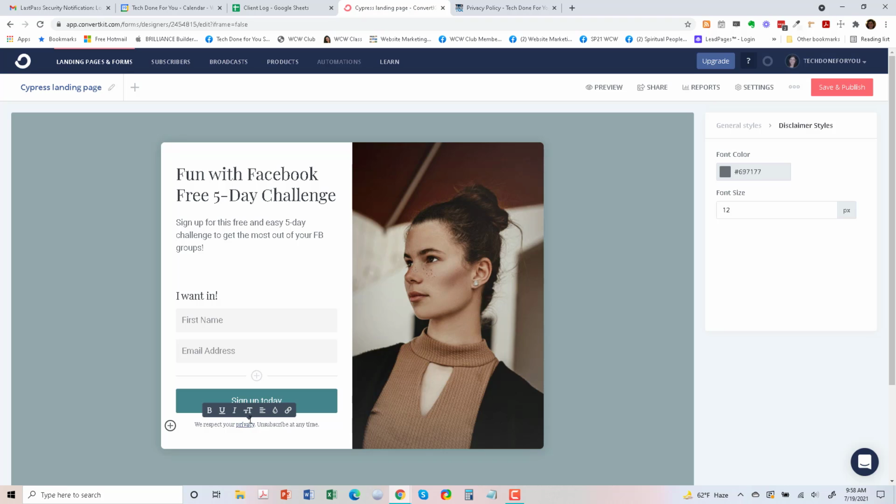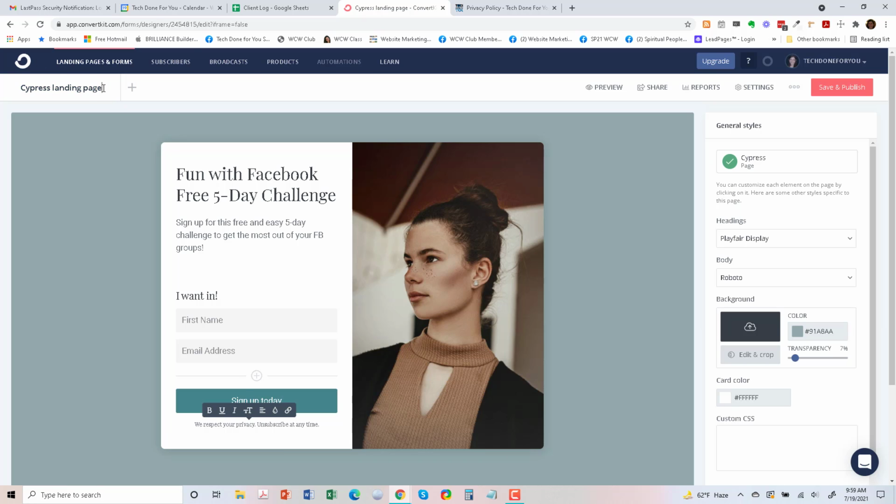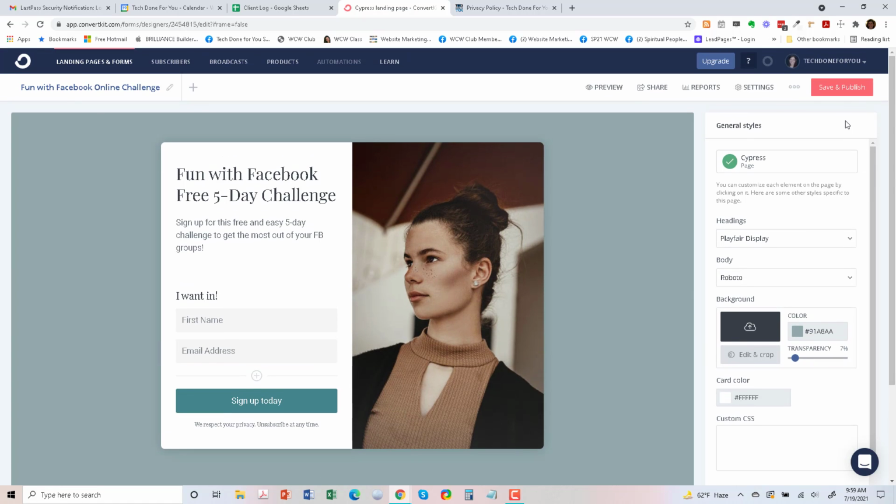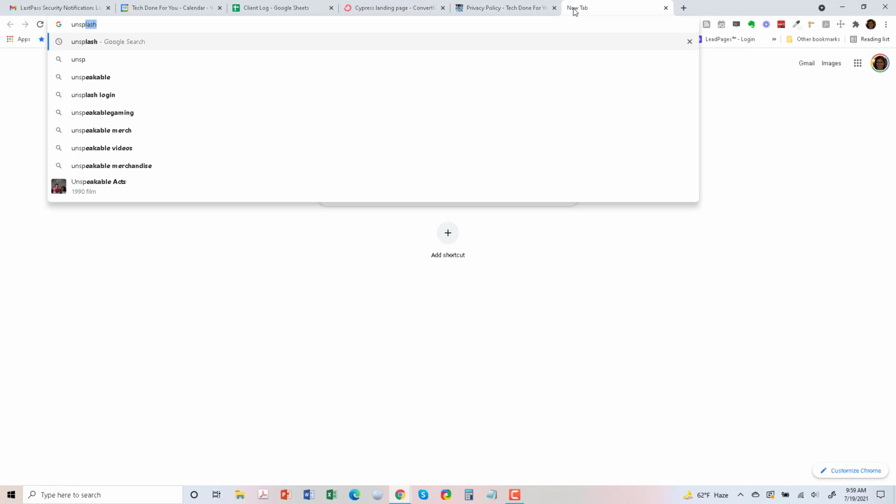And now you can see it's underlined when you mouse over it. So this I'm going to customize, and I'm going to rename this so that I can easily find it. And that's an internal name, so it's okay. You can preview this if you want and exit the preview. And you may want to switch this picture, so maybe I'll just go to Unsplash